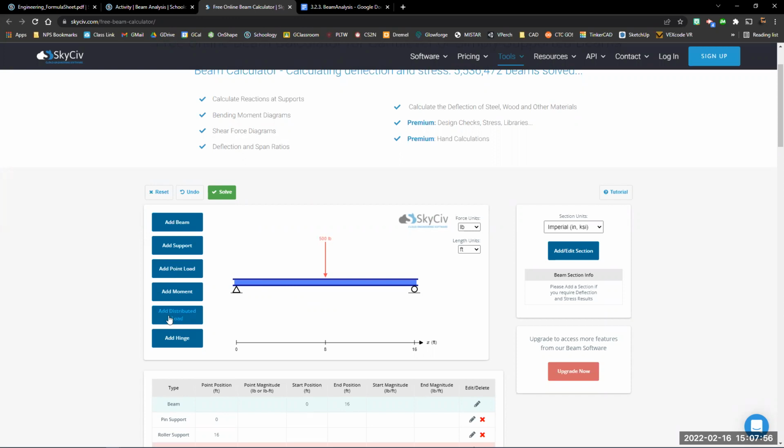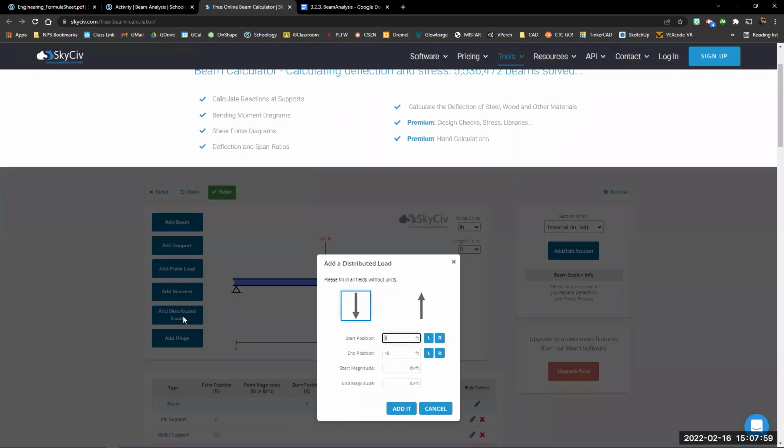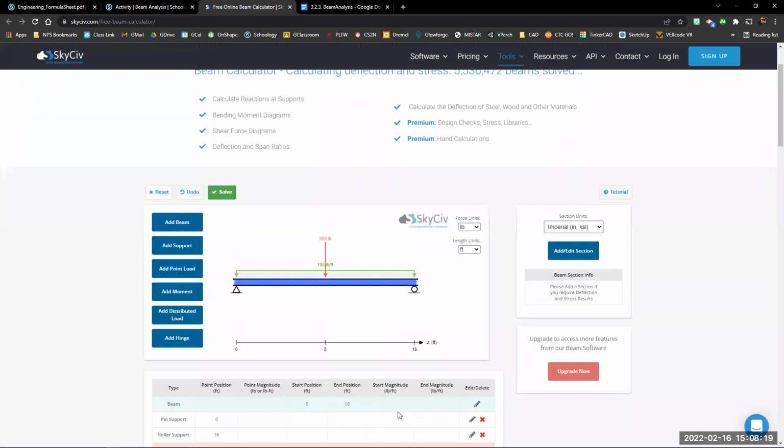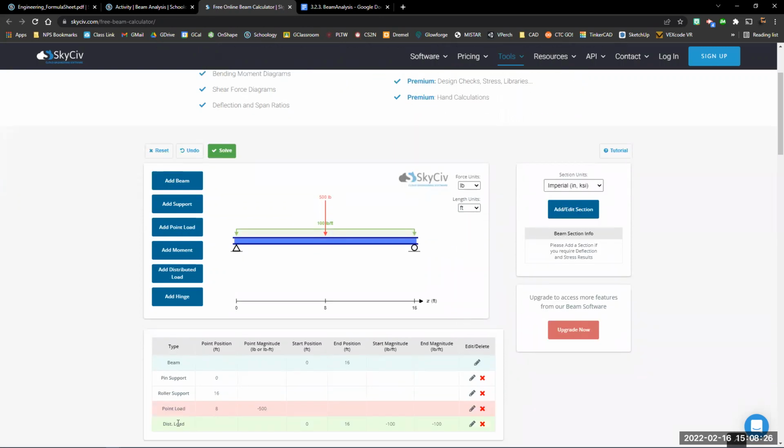In the future, let me just show you guys how we would do this. If we were adding a distributed load as well, that would represent the weight of the beam. For most of these ones, maybe even all of them, they go from 0 to 16, covers the entire beam. And the magnitude on all of these is going to be 100 pounds. So the start and end will be 100 pounds the entire way. Okay, so if I were to add that, then I see that that's going all the way across. But for this first example, there is no distributed load, so I'm going to actually delete